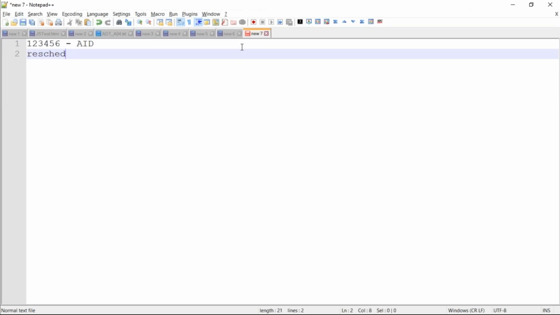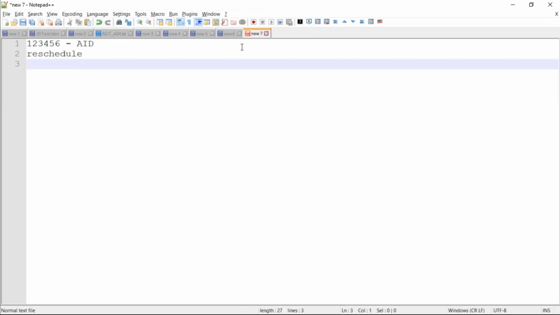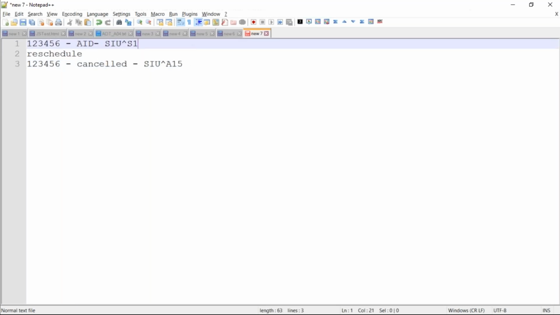So when the receptionist is rescheduling this appointment, what happens is the existing appointment, which is with 123456, will be cancelled and SIU S15 will be sent over to EHR to cancel this existing appointment. To create an appointment, what will be sent? An SIU S12 will be sent over. And when they do a reschedule,